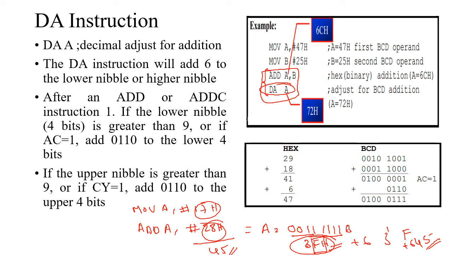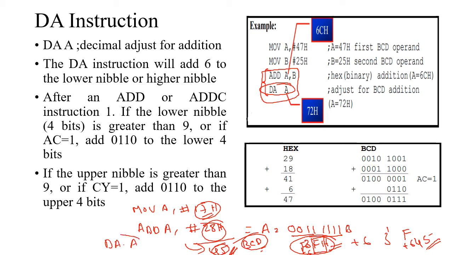Even though the data is represented in hexadecimal, the result will be 45 in BCD. When you add two BCD numbers, the result should be BCD. But in order to perform this operation, it is a Herculean task. Even if you have the higher bit as F, then you need to add 6 to convert it into BCD. So in order to ease the process, we have the instruction that is decimal adjust after addition.